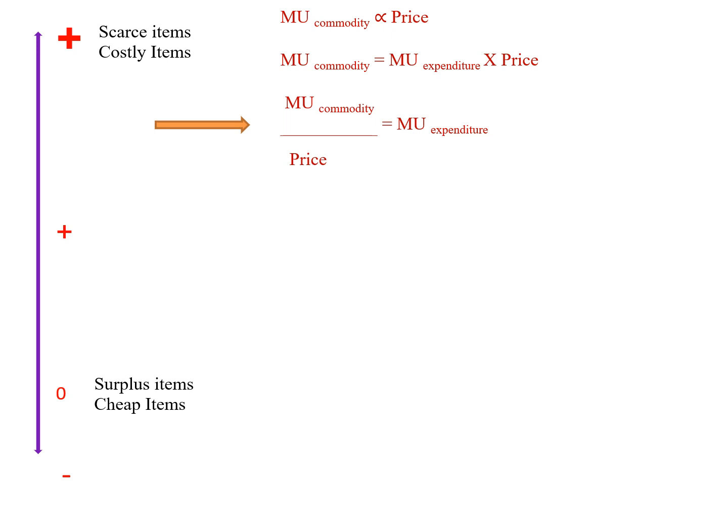If there is more than one product, then you can say that the marginal utility of commodity 1 divided by the marginal utility of commodity 2 equals the price of 1 divided by the price of 2, equal to the marginal utility of expenditure. It means the marginal utility of a commodity is directly proportional to the price, and it is directly proportional to the marginal utility of expenditure. If you learn this concept till date, it is easier for you to learn the budget line.